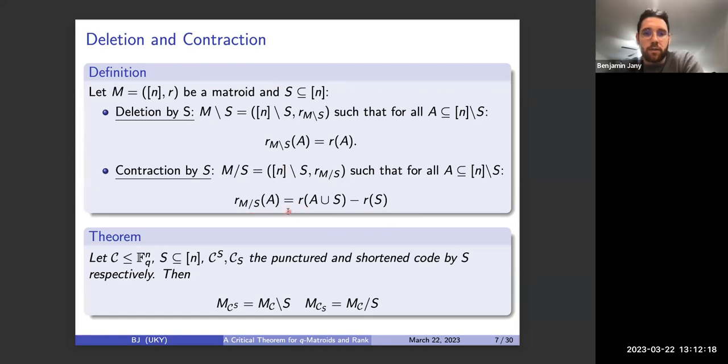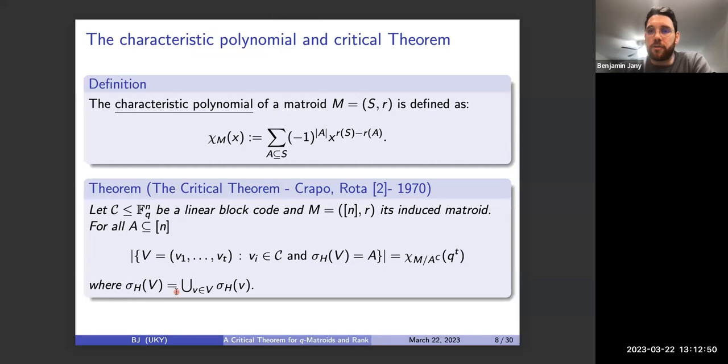Okay. And so those operations of deletion and contraction are actually really closely related to operations we can do on codes as well. And those operations are puncturing and shortening. I won't go over what those are, but what I really want you to see is how tight the interaction between matroids and codes is, right? So yeah. So now that we defined those operations, let's look at the characteristic polynomial and the critical theorem by